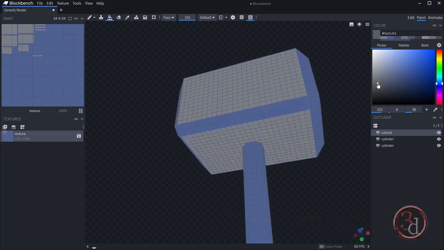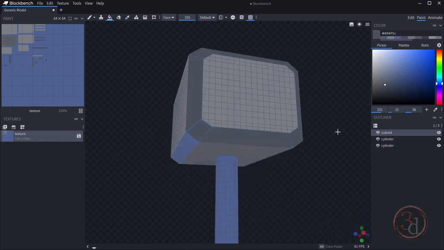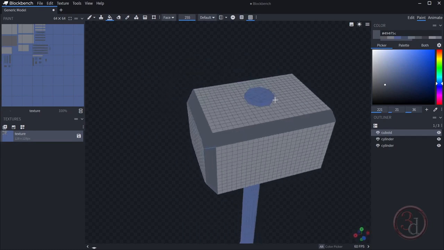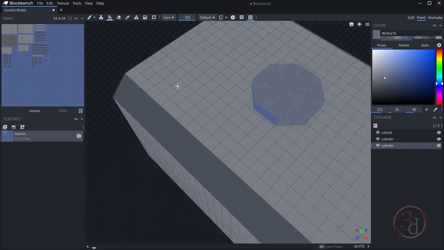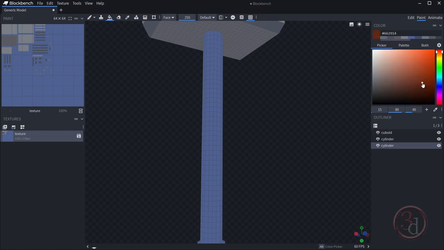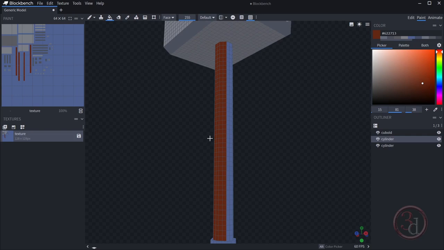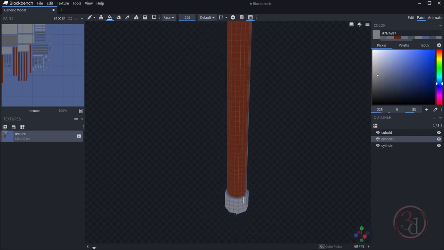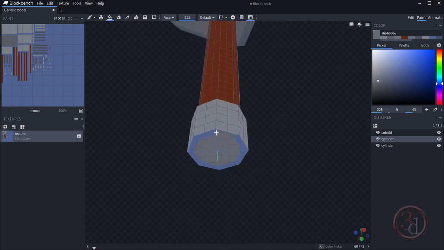Okay, and now I'll just continue adding a different tone to it. I'll fast forward a bit. Okay, this is fine. Now for the top, I'll give a slightly different shade to it. Now let's work on the handle. Change to a dark reddish brownish tone and just keep on clicking it. Now for this, I'll get a little bit of a grayish tone, silverish tone, then try to paint in this